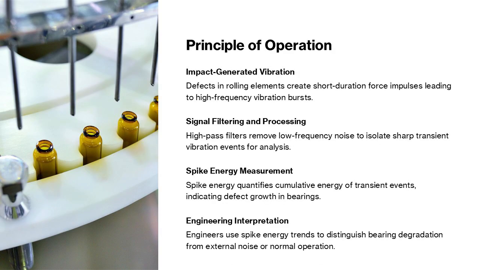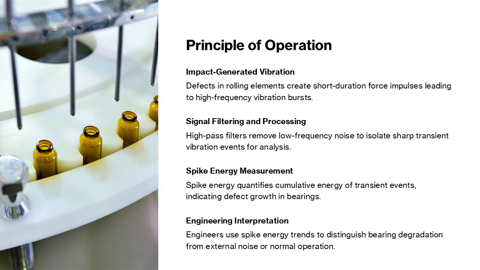The fundamental principle of the spike energy method is based on the detection and measurement of impact-generated vibration energy within a high-frequency band. When a rolling element passes over a defect on a bearing raceway or rolling surface, a short-duration force impulse is generated. This impulse excites resonances in the bearing, housing, and machine structure, producing a burst of high-frequency acceleration. The spike energy parameter, often expressed in GSE units, represents the cumulative energy of these spikes over a defined